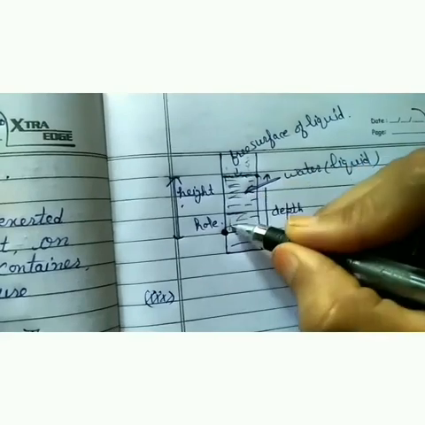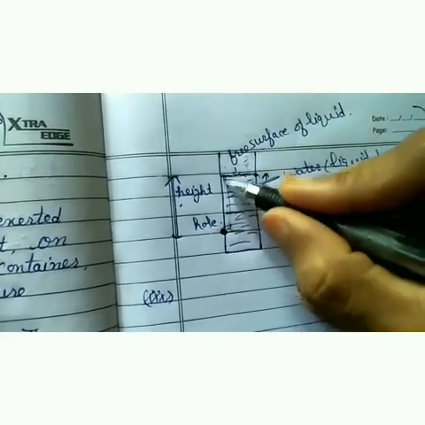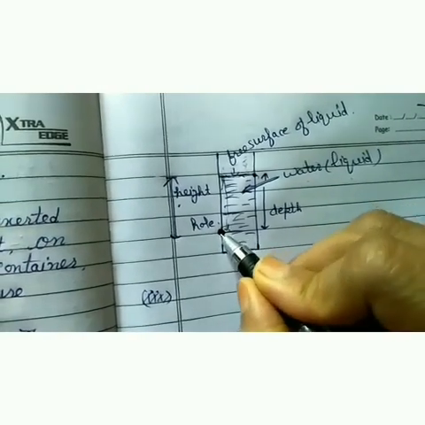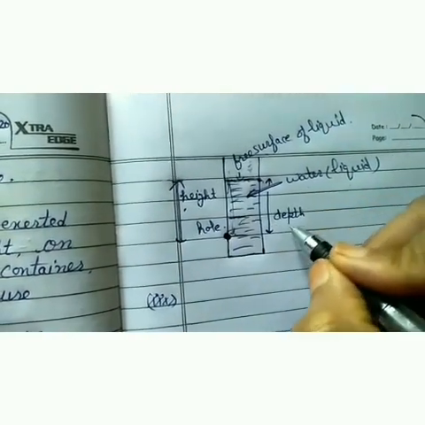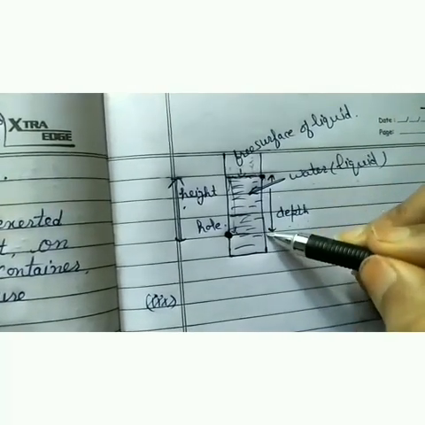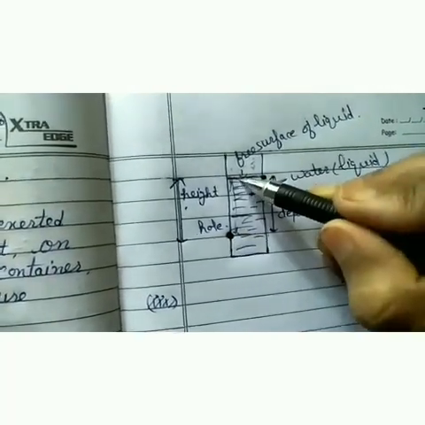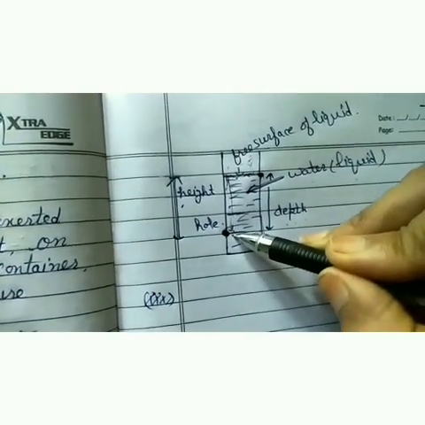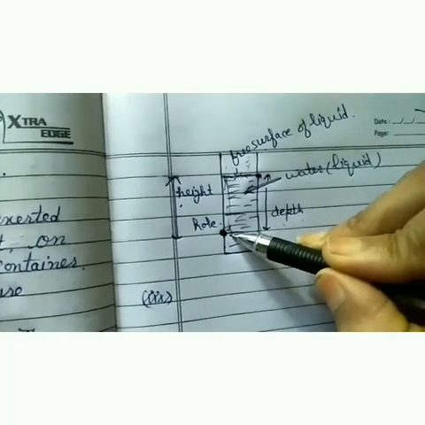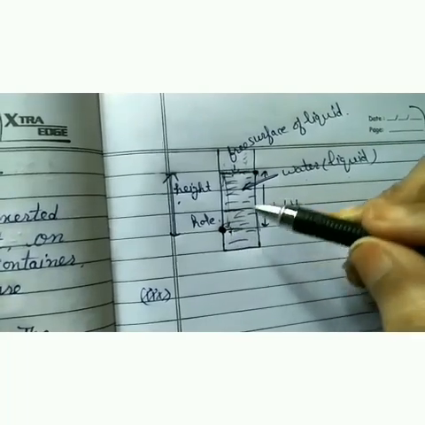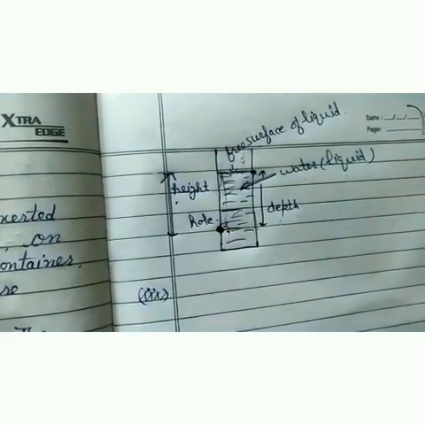हमने यहाँ पे लिक्विड कॉलम बोला कि व्हाट इज द हाइट ऑफ द लिक्विड कॉलम अबव दैट पॉइंट ऑन विच वी वांट टू फाइंड द प्रेशर. एंड द सेकेंड, इफ वी विल टॉक इन द टर्म ऑफ डेप्थ, तो डेप्थ मीन्स कि इस फ्री सरफेस से वो पॉइंट कितनी डेप्थ पे है जिस पे हमें प्रेशर फाइंड आउट करना है. तो यहाँ पे सिर्फ लैंग्वेज में डिफरेंस आया, बट ओवरऑल दोनों का रिजल्ट सेम है, मीन्स द कंक्लूजन और द लास्ट पॉइंट इज सेम इन बोथ द केसेस.